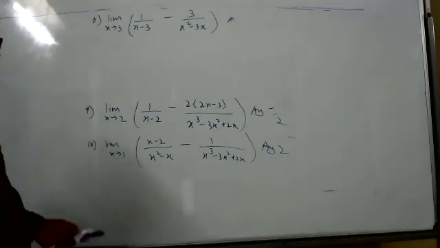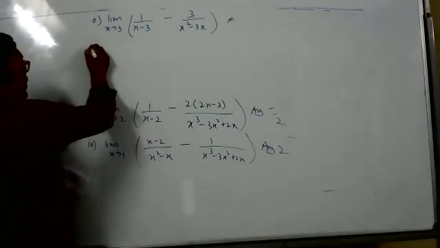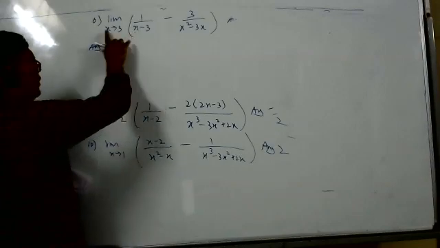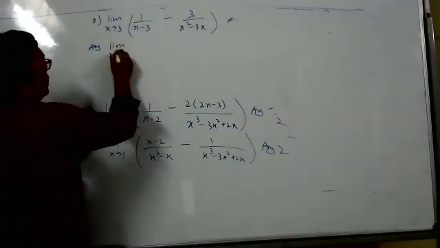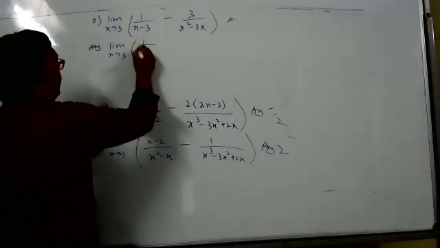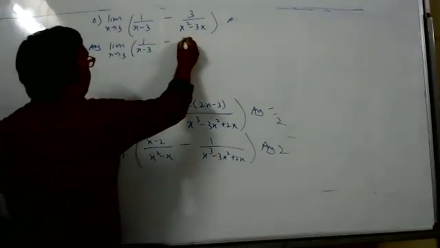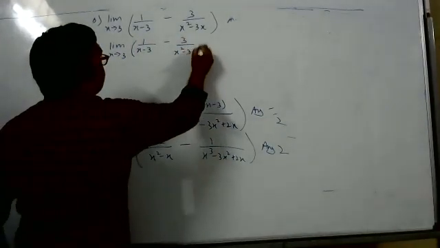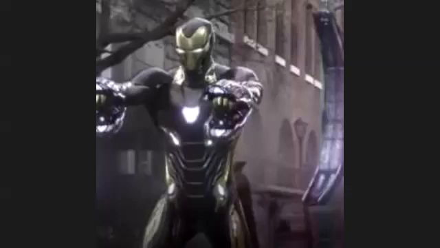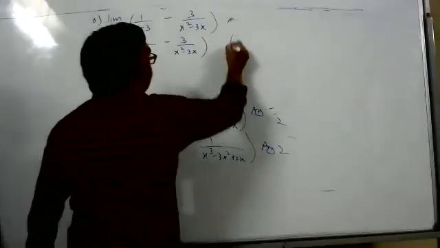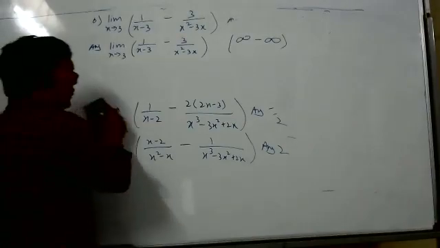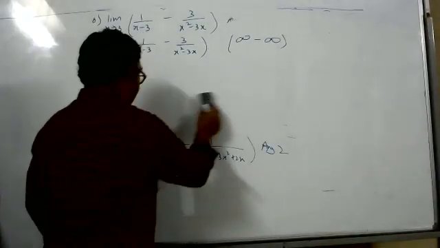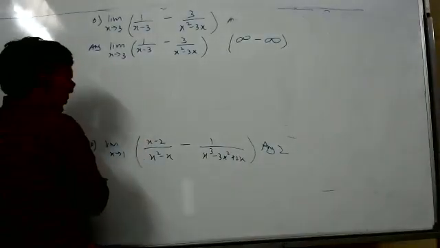So now students, see here, 6th sum. In the place of x, substitute 3. So what form will you get? Just substitute 3 in the place of x. Any idea what you will get? Here you will get infinity, and here also you will get infinity. So the form is infinity minus infinity. Once you know it is infinity minus infinity, don't start the sum. First change into infinity by infinity or 0 by 0. How to change? What can we do at best?